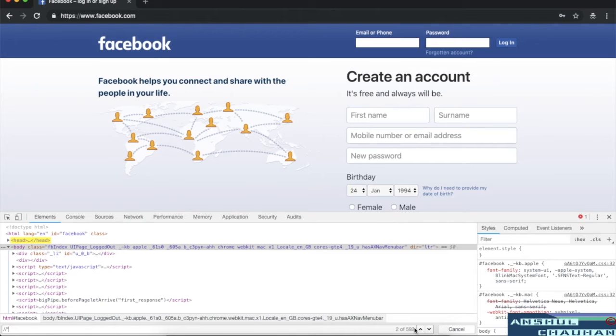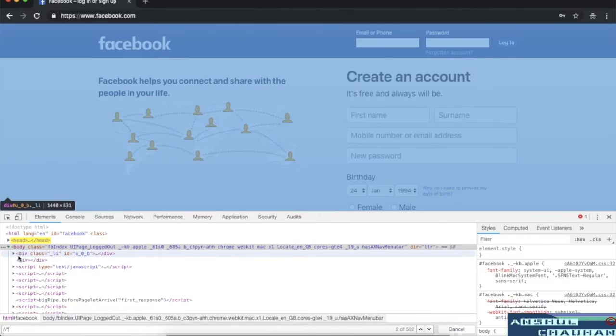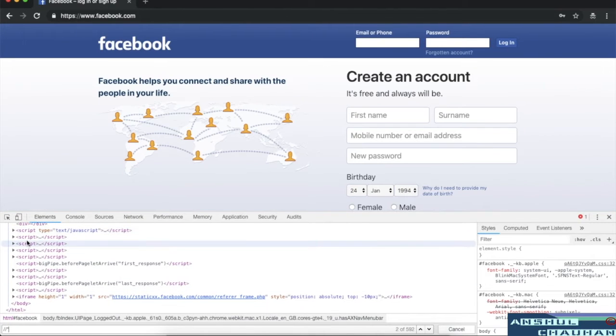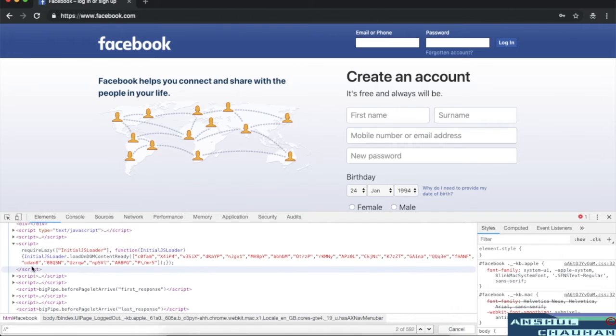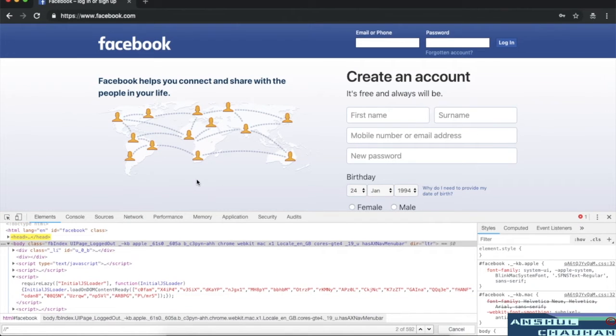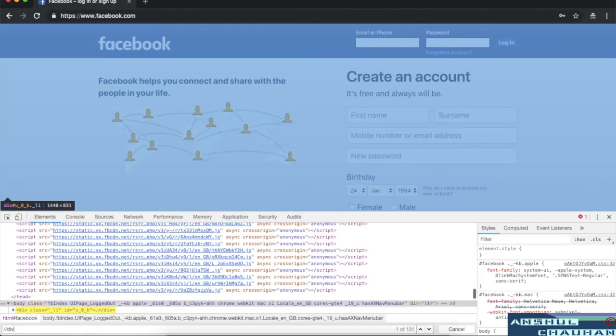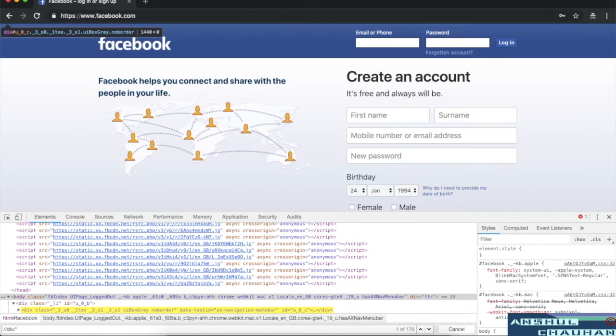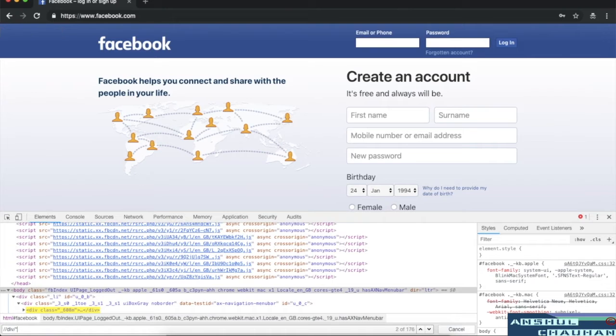Now you can see we have the div tag, we have the scripts, and inside the scripts we may also have div tags. Suppose we want to find out how many elements are present inside the div tag. We can modify the XPath like double slash div single slash asterisk. So inside the div tag we have 176 web elements on this particular web page.